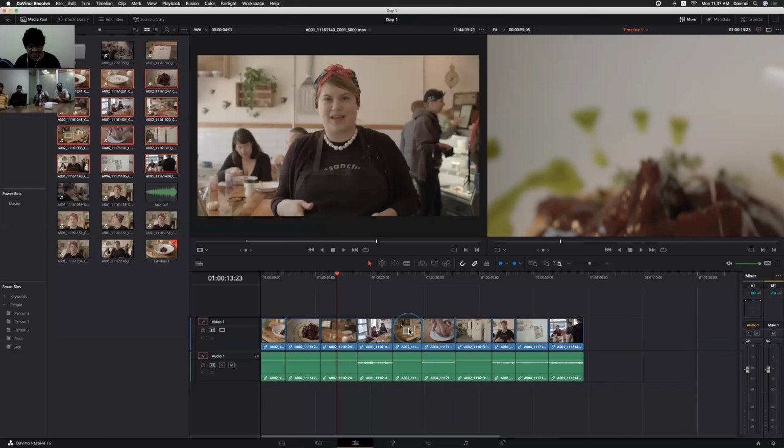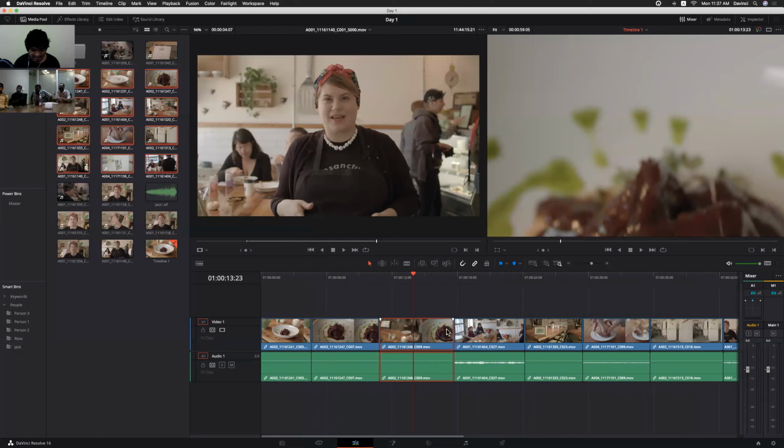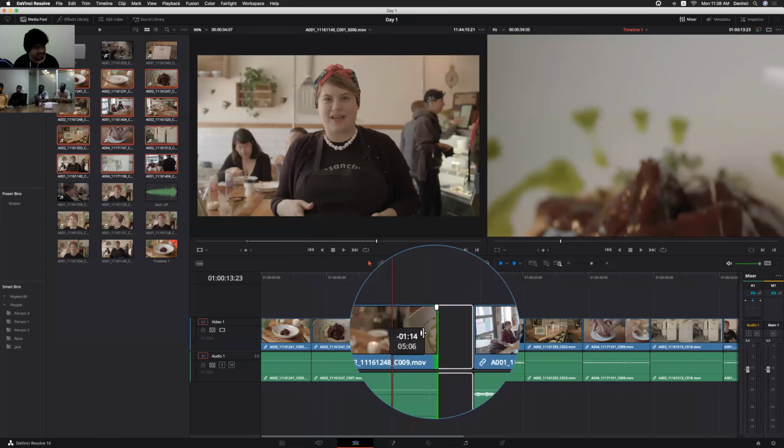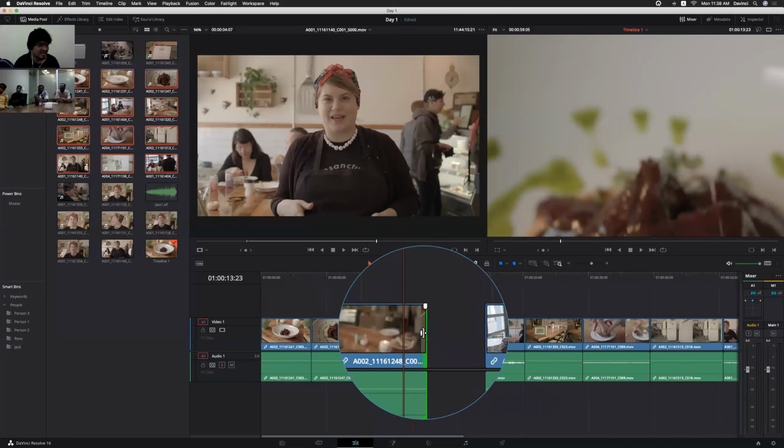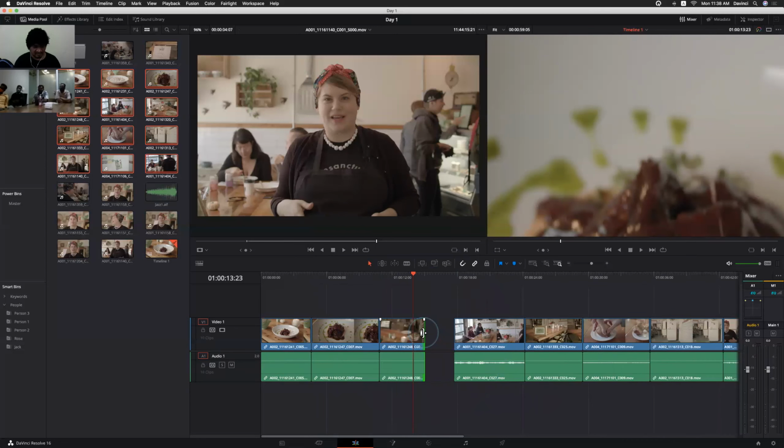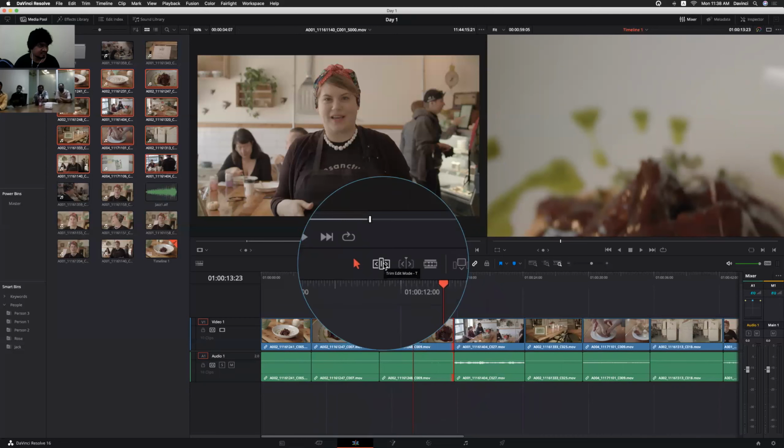And see here, while trimming, if you don't want to add the gaps, that means if you want to use a ripple tool, for example, simply select the trim tool.